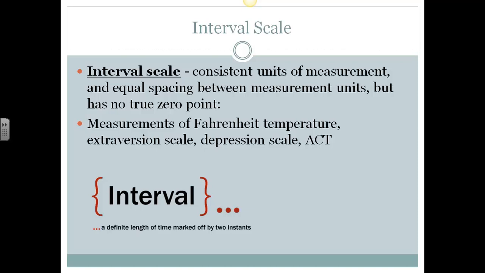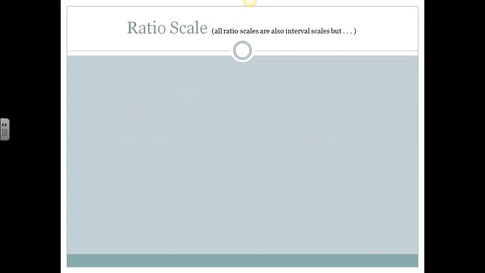the difference of 4 degrees between 50 and 54 degrees is the same difference as it is between -4 and 0. But you can't say that 60 degrees is twice as warm as 30 degrees, because there are numbers below 0. And there's our example. Now, a ratio scale is probably the superhero of all scales because not only is it